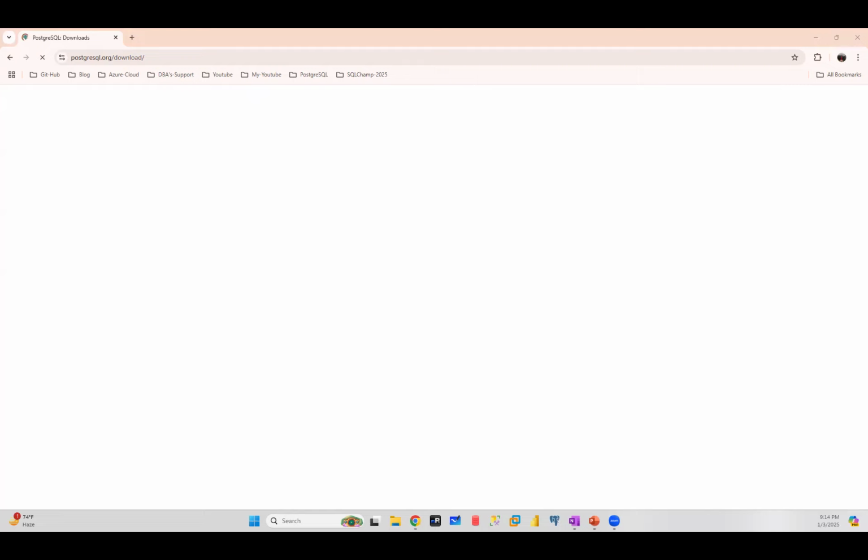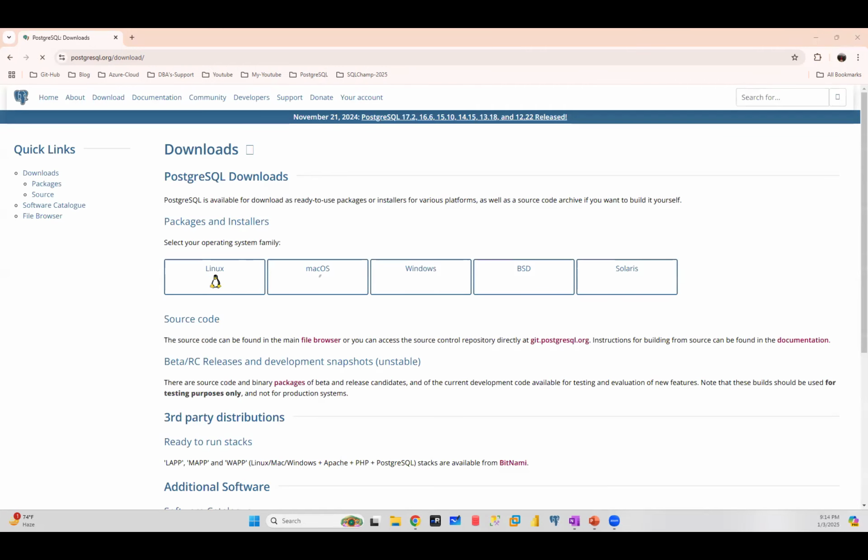Okay, once you click on the download, it will go to one more tab where you can download the software. If you want to download for Linux, you will go for Linux. If you want to download for Mac, we'll go for Mac. If you want to download for Windows, we can go for Windows. If you want to download for BSD, you can go for BSD, or if you want to download for Solaris, you can